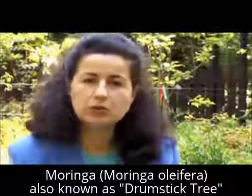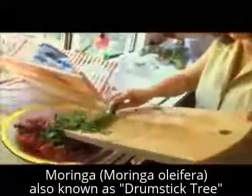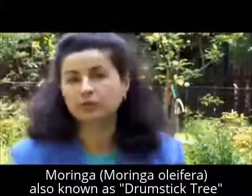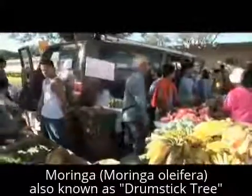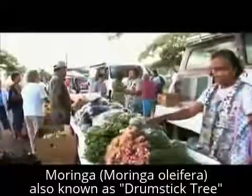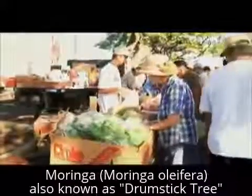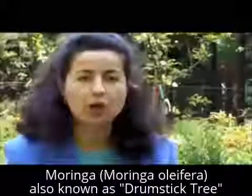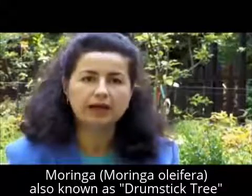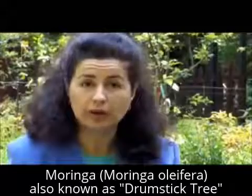It's because we basically do not eat what we are supposed to eat. Most of the plants are famous for a particular type of nutrient, like for instance the orange or the lemon is famous for a high content of vitamin C. The spinach, for instance, on the other hand, is famous for its iron content. Moringa is very unusual because this single plant contains a wide variety of nutrients, but also in quite very high